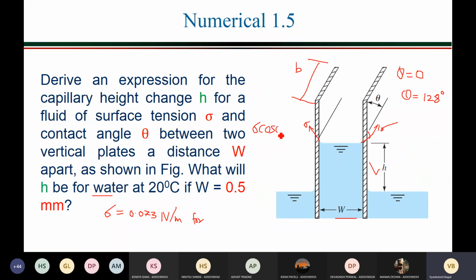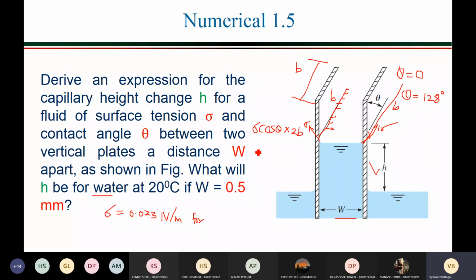Sigma cos theta, right? Multiplied by the length on which this surface tension acts. What is the length? It will be this length, B, and on this side there is one more B, right? So on these surfaces the surface tension is acting. So you have two such lengths, one from this side and another on this side. So you have to multiply sigma cos theta by 2 into B,